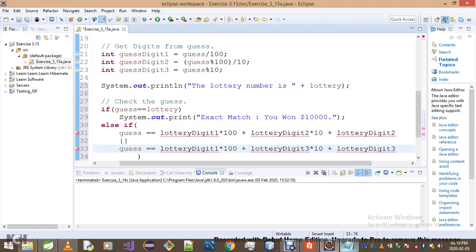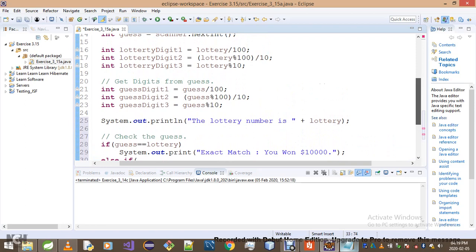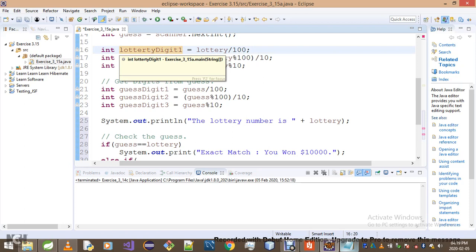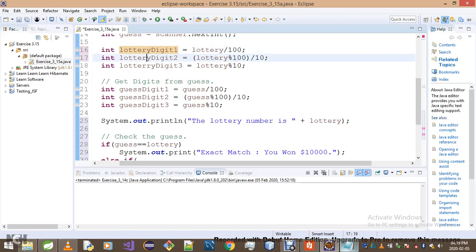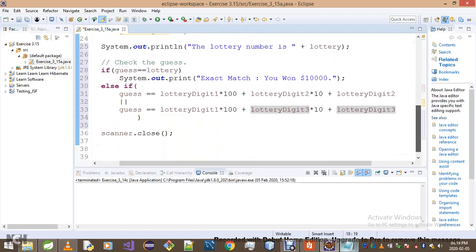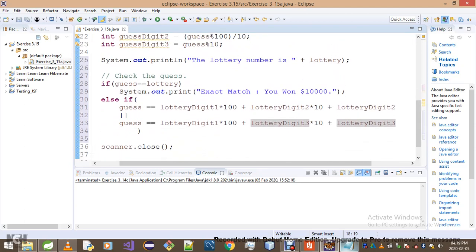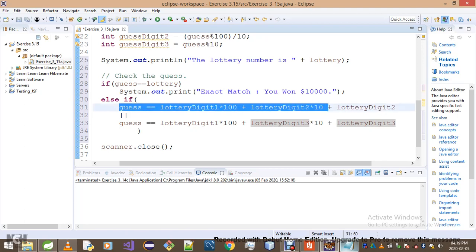It's literally digits. There's no R there. I've been messing around. So what I'm saying here basically, if guess is equal to